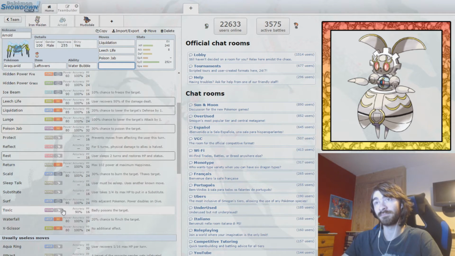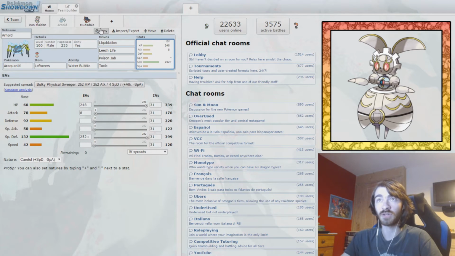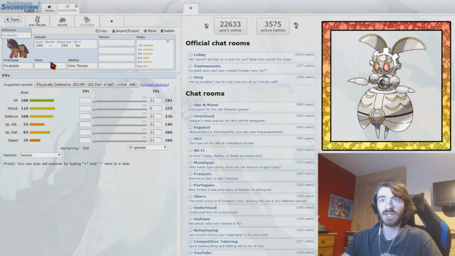We could run Toxic. We could whittle things down with just a random Toxic. Because honestly, for the very, very strong majority of the time on this Pokemon, we are going to be clicking Liquidation, apparently. I'm pretty sure we're going to be clicking it, but we might be quicking it as well, who knows. We'll run the Toxic, and we will run Rest on Mudsdale, because I just feel like it has a lot